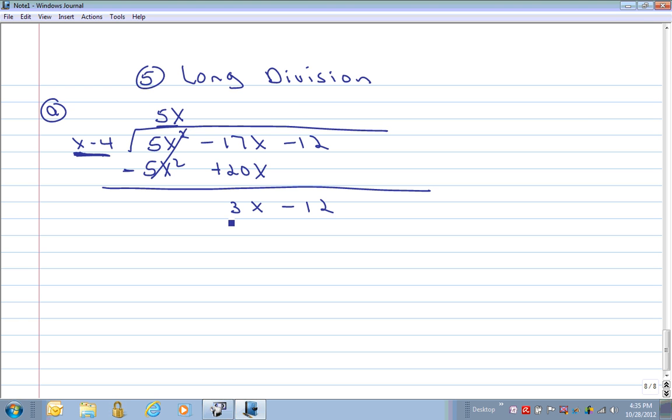Now we have x times something gives me 3x. That would be a positive 3. 3 times x, again, is 3x, and 3 times negative 4 is negative 12. But once again, we're subtracting, so change both signs. This becomes negative, this becomes a positive, and woohoo, this becomes a 0 remainder. All right, so now we have a linear factor here and a linear factor here. One thing that you want to note